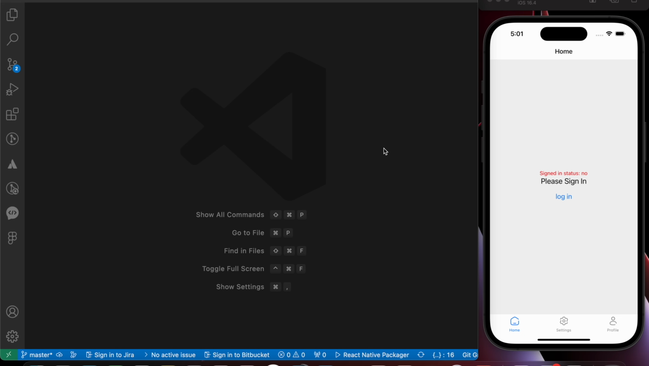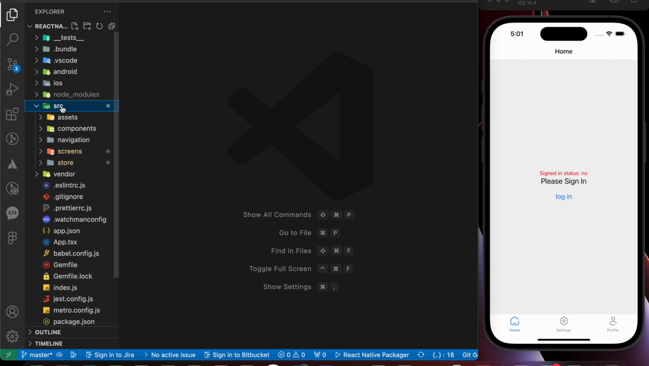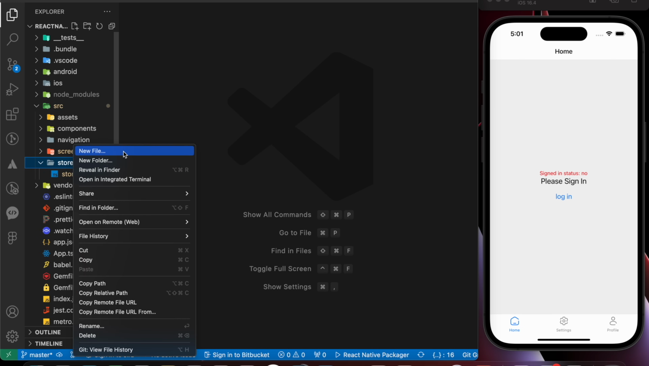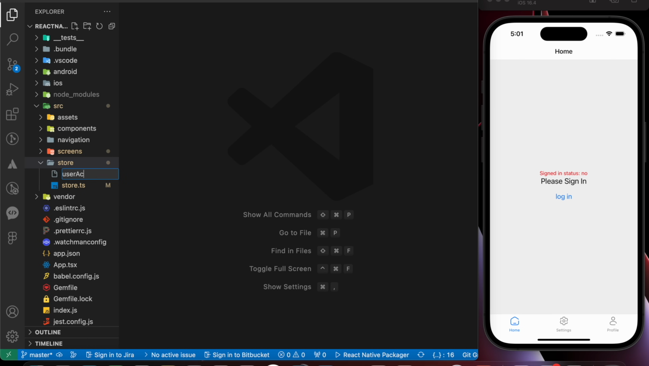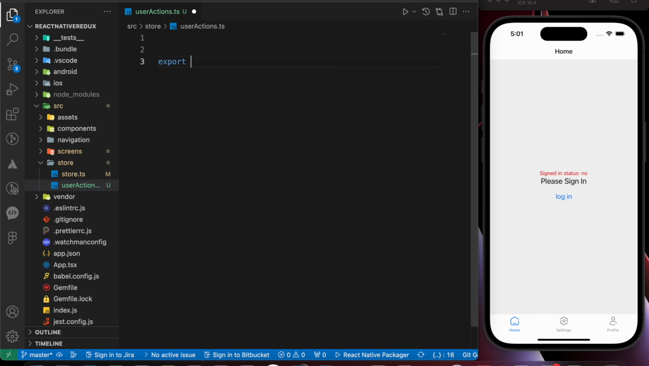Action, as I have said before, is a JavaScript object that contains information. We need that information to update our state. And the reducer is a JavaScript function, and this function is responsible for updating the state in our store. So now let's create our action. Inside src, inside store, let's create a file called userActions.ts. Now let's export const loginAction equals to,